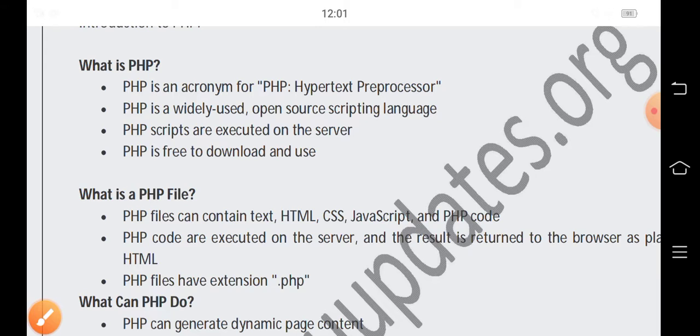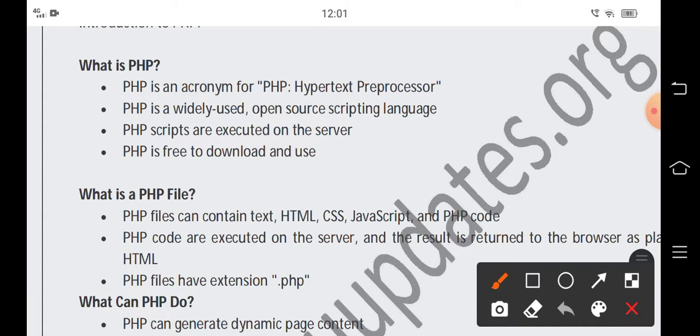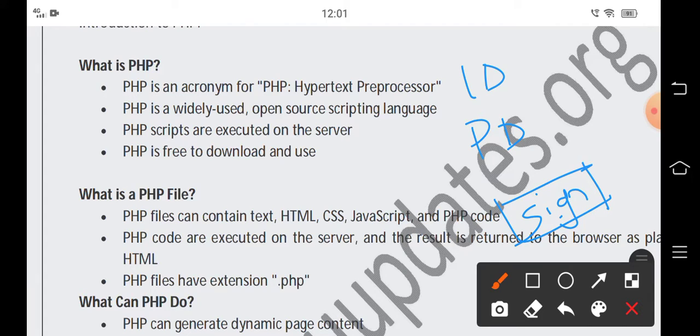Whereas once you have entered a correct ID and password and you click on login or sign in, then immediately it will go to the particular server. That server side scripting language is designed by using this PHP.